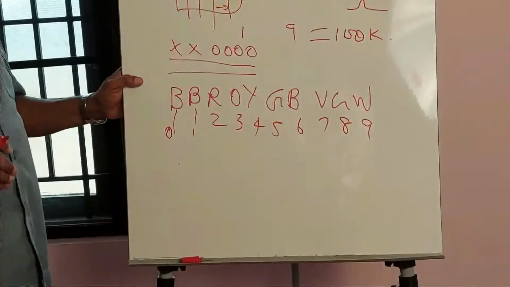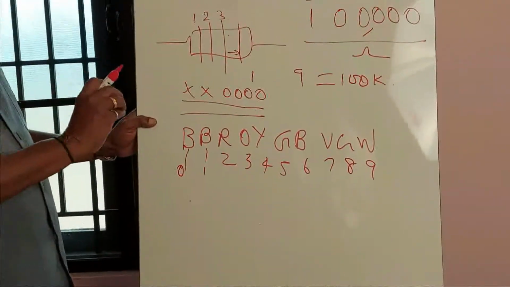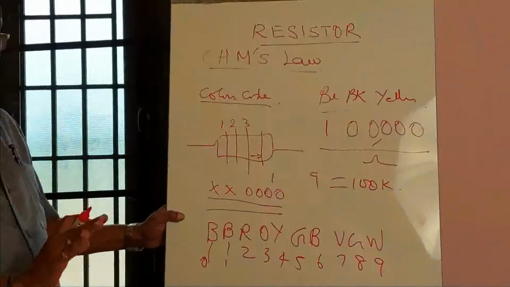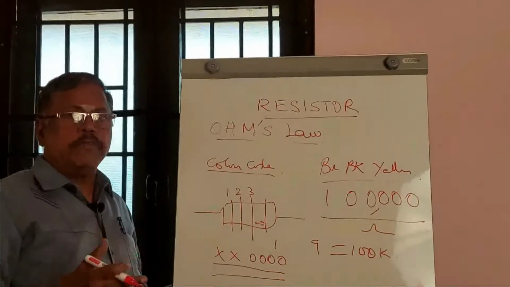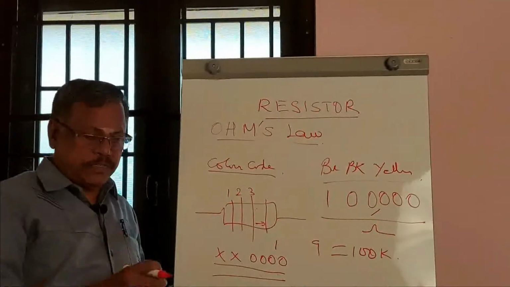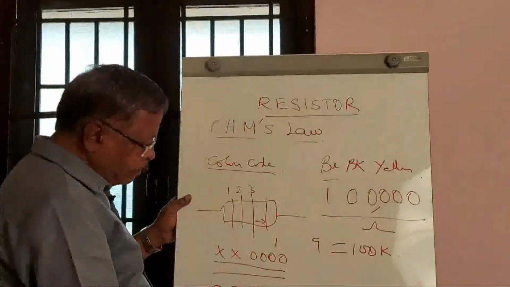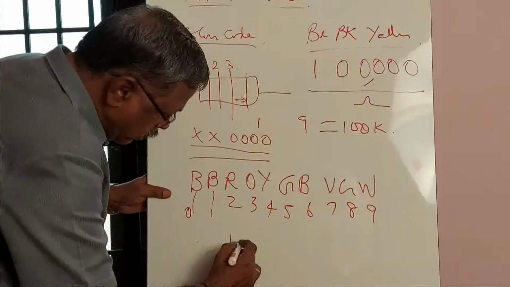Therefore, any resistor, if you look at the color bands, you can find out the value. That is the way we have to remember all those things. Why we are opting for a color code representation of the value of a resistor is, if you print the value of a resistance as 100 ohms,